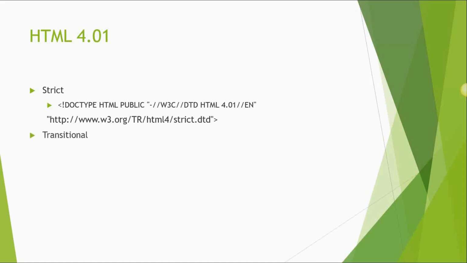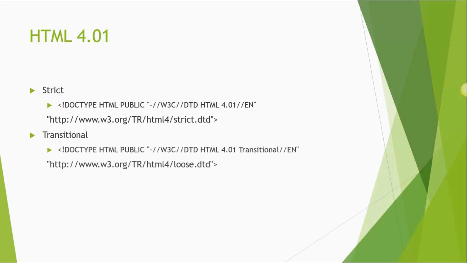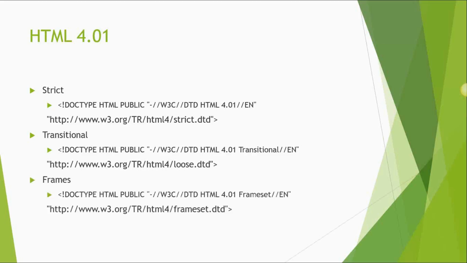Then there is a transitional. The transitional DTD allows tags and attributes that have been deprecated and are not being used. So it is supported. It has legacy support. The tags or attributes which were earlier used and now are deprecated can be rendered using the transitional. So you can see that there is a Doctype HTML